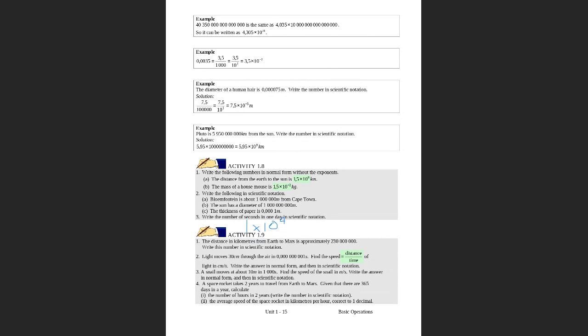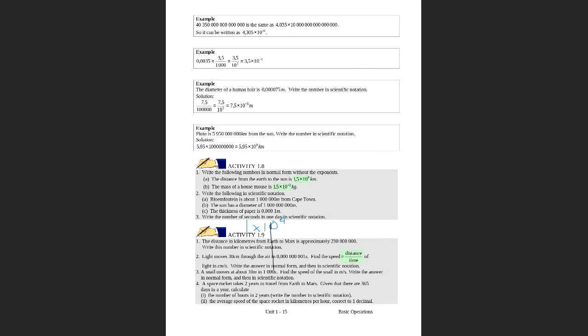Okay, good. So the next one, a thickness of paper is 0,0001. So in that case, we are going to go 1, 2, 3. Yes, Luazi, your hand is up. So I just have a question with activity 1.9, the last one. Okay, we are going to get there. So when we get there, you ask the question. Okay. Good. So we have 0,001 meters.